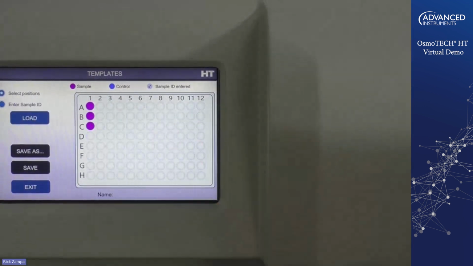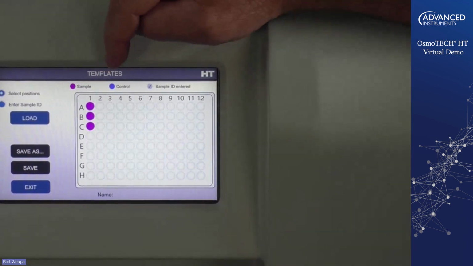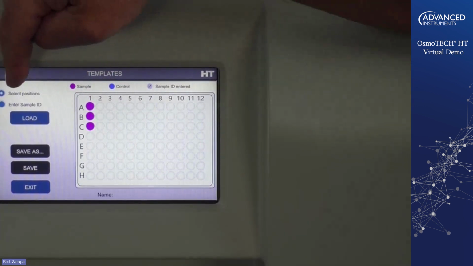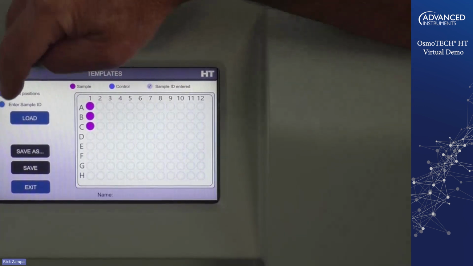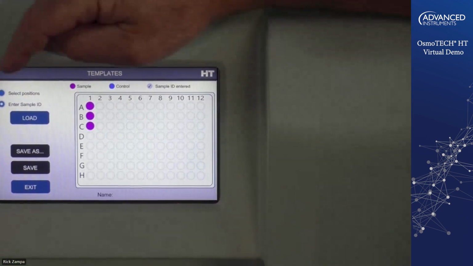Anyways, you can choose the buttons you want. I'm trying to hit from an angle here, and I'm not seeing the angle correctly, but you choose the wells positions you want. You can tell it whether it's a sample or whether it's a control. You can enter sample IDs here. So if I hit enter sample ID, then I would,